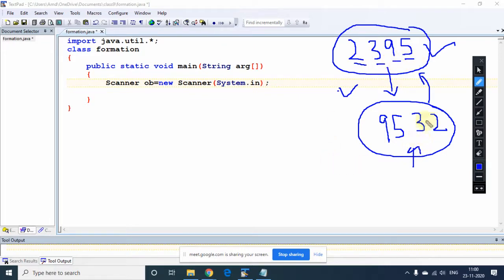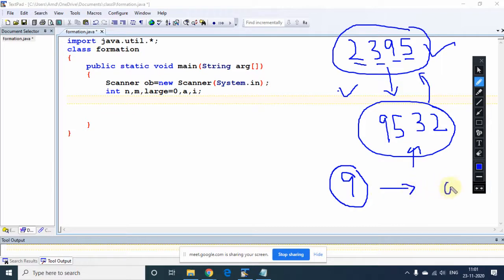So as you can see here, to generate the largest number, first of all we will declare some variables like number, then a dummy also, then one for generating the largest, and for extracting the digit also we need one, and one additional variable for the loop. So now as you can see, the largest digit we can have is 9, and the smallest we can have is 0. So this is the basic concept, so please pay attention here.